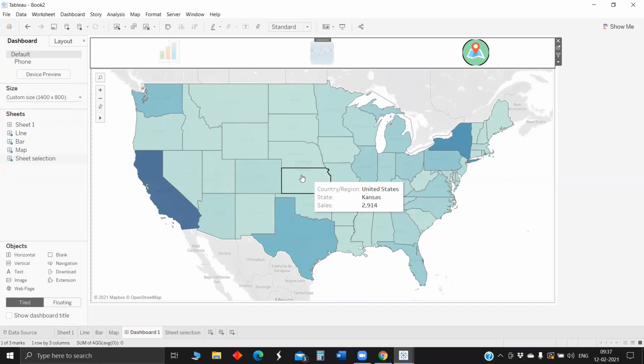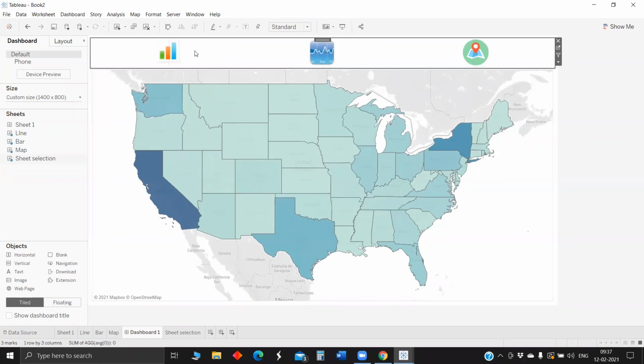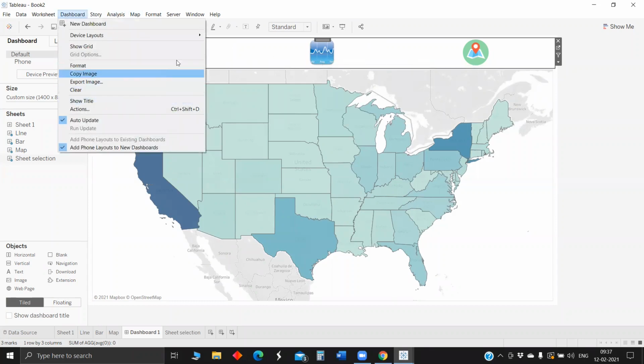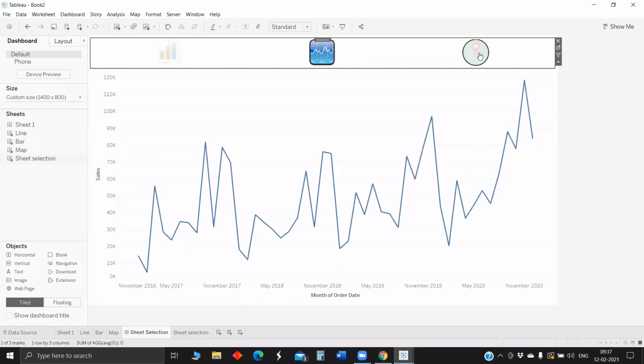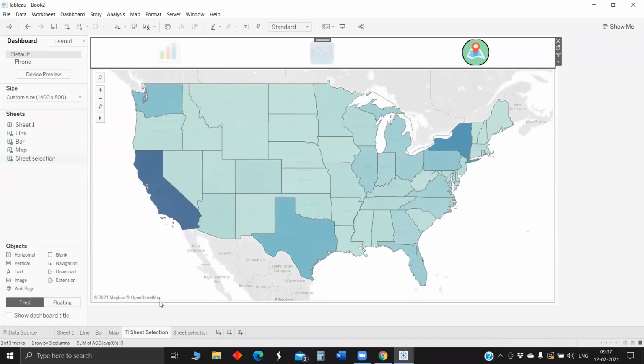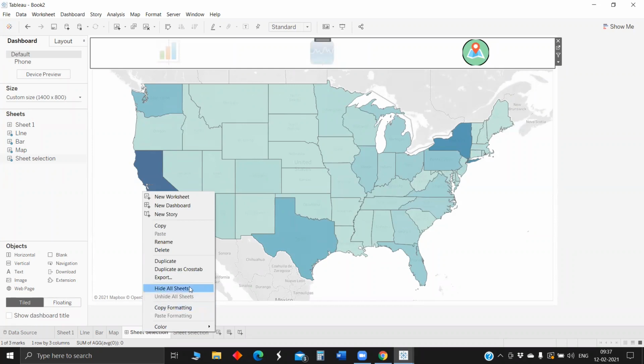Then next we will open a separate sheet for sheet selection. We will create individual 3 fields for separate ones, and we will replace them with the icons. And at last we will come here and ensure we have given dashboard actions for all these fields. So this is the one sheet selection parameter feature. Hope this feature will be more user friendly, where the user no needs to find the drop down and change. Instead of this, they can just tap this icon and the things change accordingly. Any doubts on this?